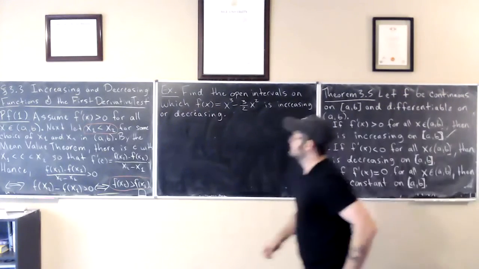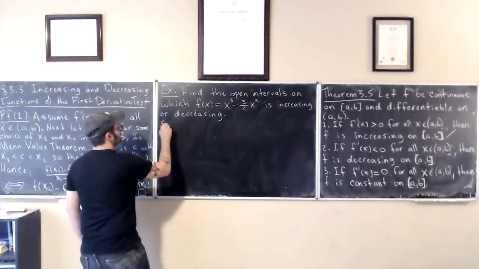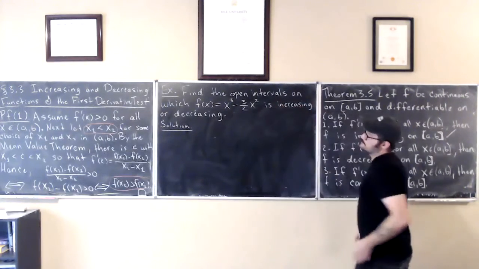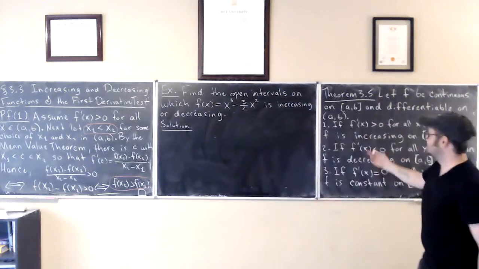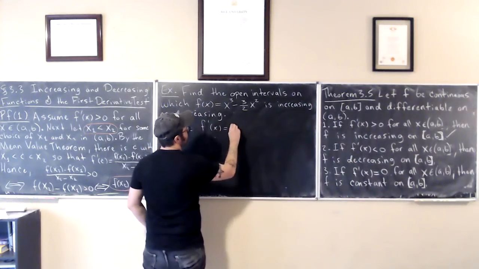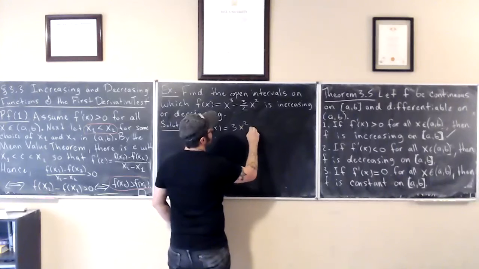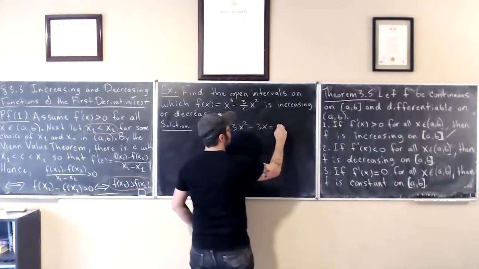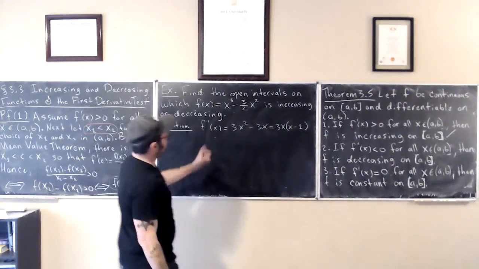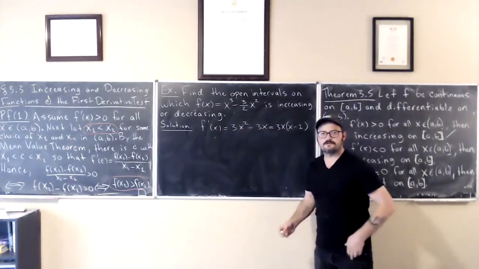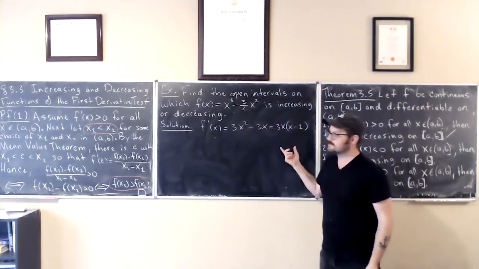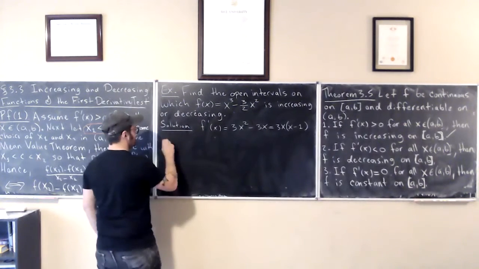Okay, so let's figure it out. We're going to use this theorem to give us insight about the behavior of this function. And in order to use this theorem, we definitely need to take the first derivative. So f prime of x is going to be 3x squared minus 3x, which is equal to 3x times x minus 1, right? So this derivative exists everywhere. So we know the critical points of this function are only going to occur when the derivative is equal to 0. There are no points where the derivative doesn't exist. So where does this equal 0? So the critical numbers